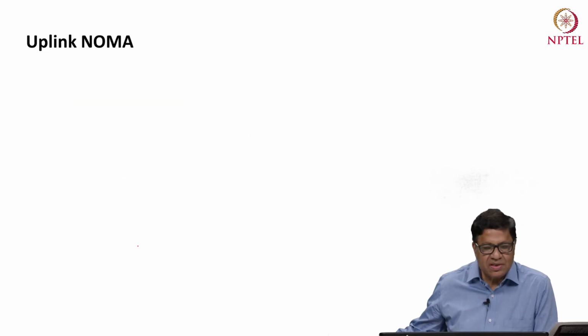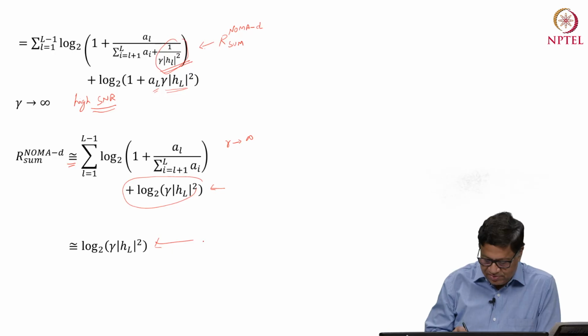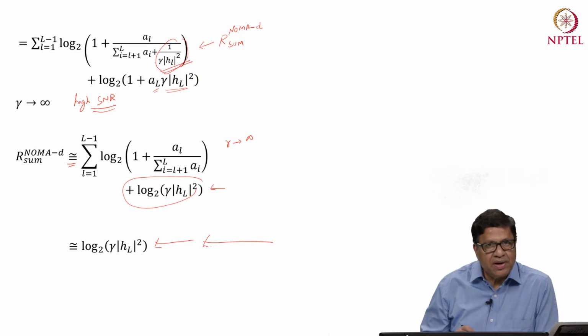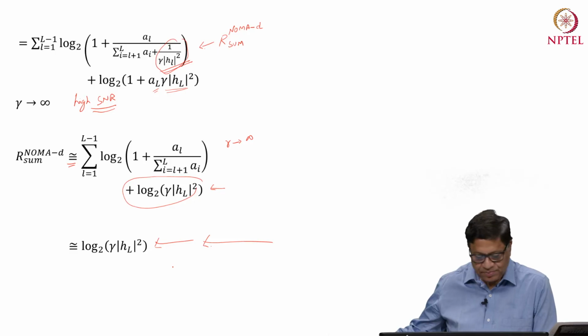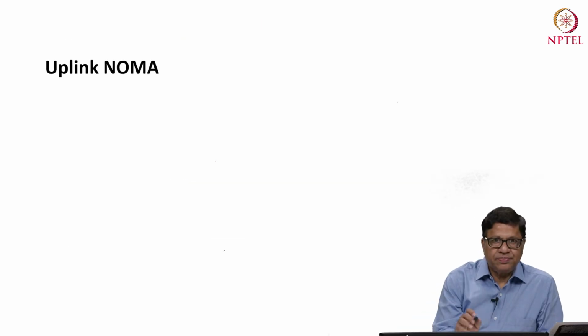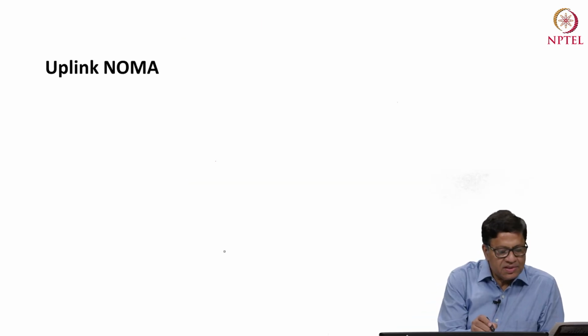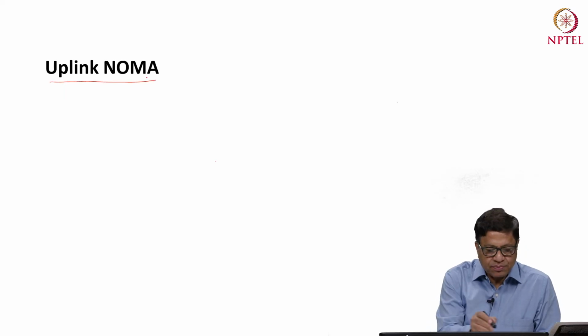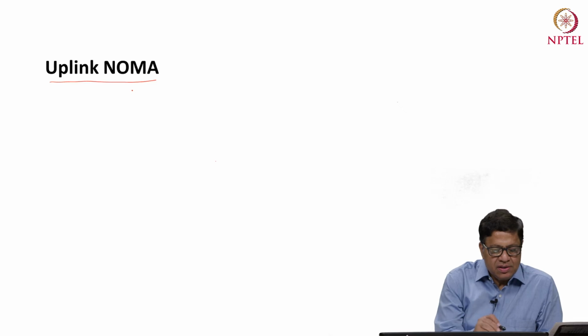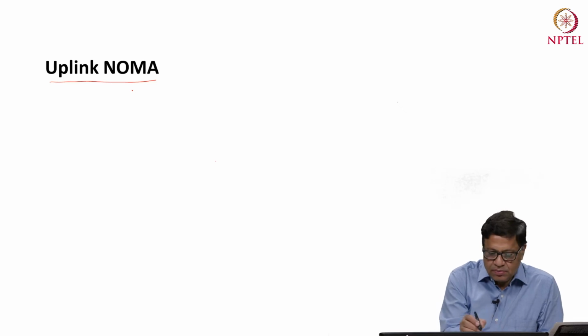So now we have got the expression for the sum rate for the downlink. Now let us try to understand the uplink and also calculate the sum rate for the uplink. Now we will discuss the uplink NOMA. We have calculated the sum rate for the downlink NOMA. Now we will calculate the sum rate for the uplink NOMA. Now let us first understand